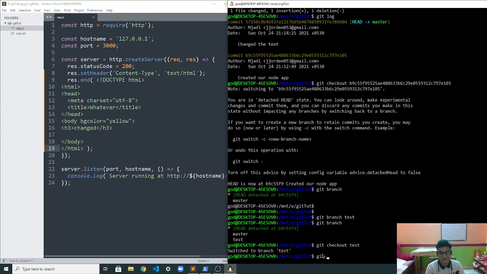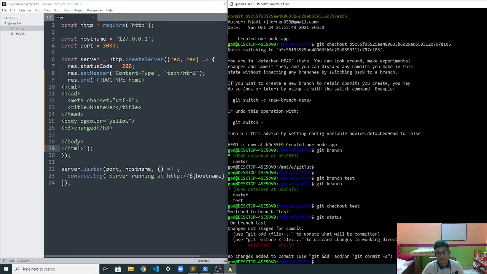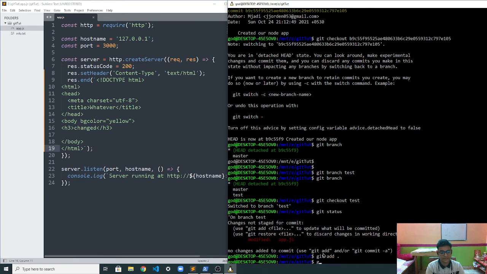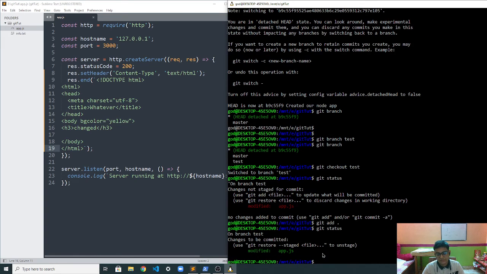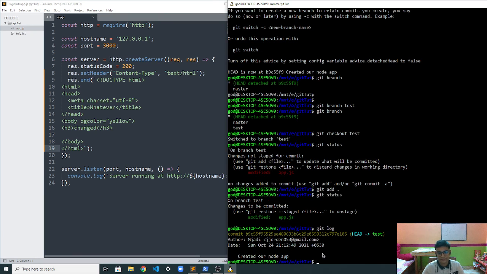Okay, so just type git status. First of all, we have modified it, so first add it, git add, git status. So now git log.